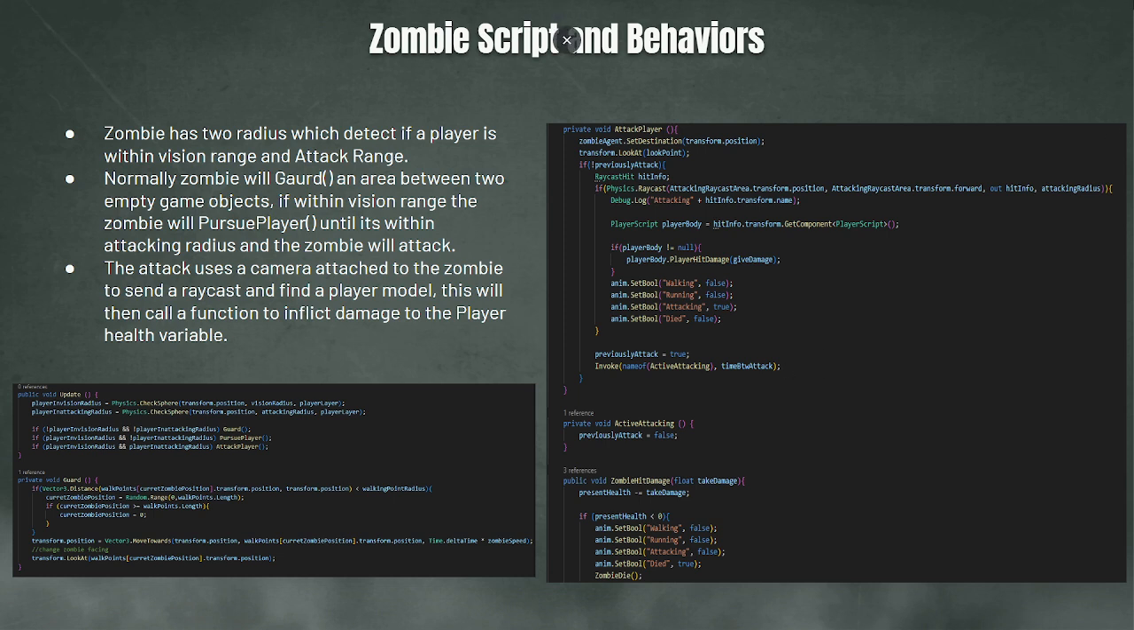So I worked on the zombie scripts and behavior. So the way the zombies work is that they have two radiuses that are attached to each zombie. One to see whether the player is within the vision range of the zombie, and one to see if it's in the attack range. So if a player, which is referenced from a game object inside the script, goes within